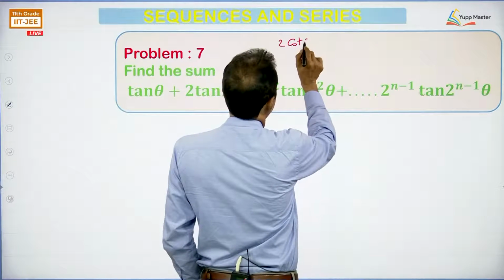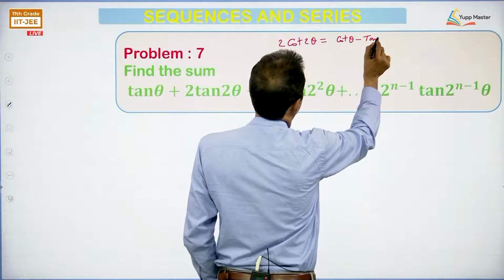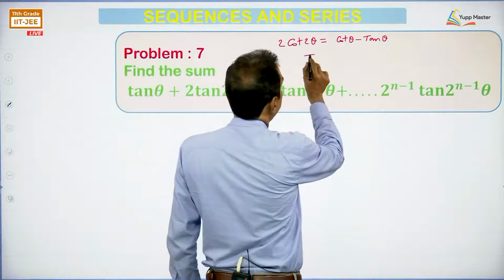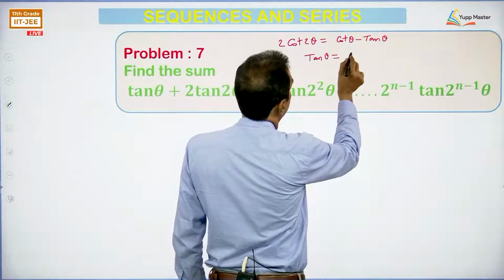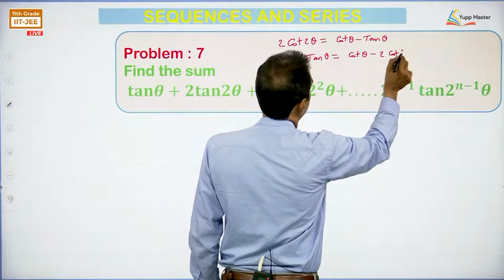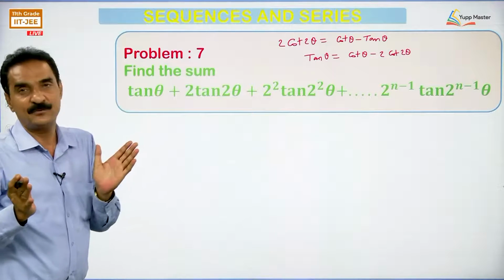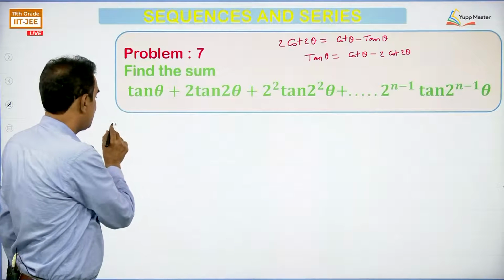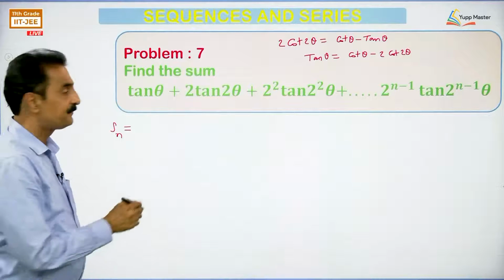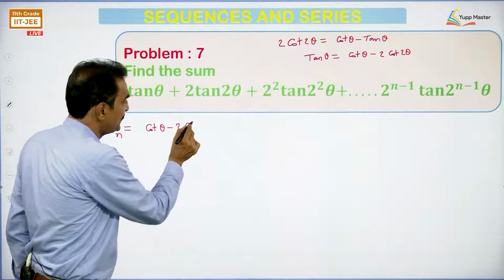you know that 2 cot 2 theta is equal to cot theta minus tan theta. This is a very important formula in trigonometry. From this formula, we can write tan theta as cot theta minus 2 cot 2 theta. Using that formula, we will write every term as a difference of 2 terms. First, if the sum is Sn, Sn is equal to, first term is cot theta minus 2 cot 2 theta